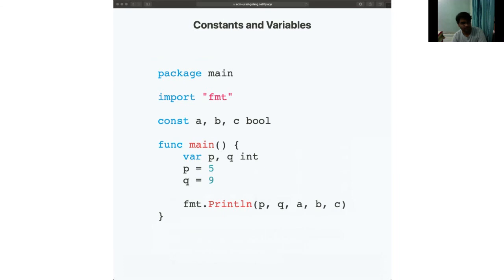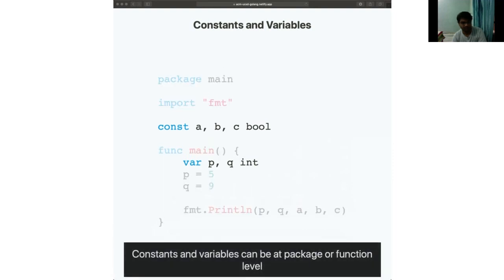So yeah, let's look at some actual code for this. This is the general pattern for declaring a variable. You'll have const or var followed by a list of variables, and at the end there's a type. You can declare at package level or function level, and later we'll talk a little about methods, where you can also implement in structs. But for now, just worry about these two scopes.